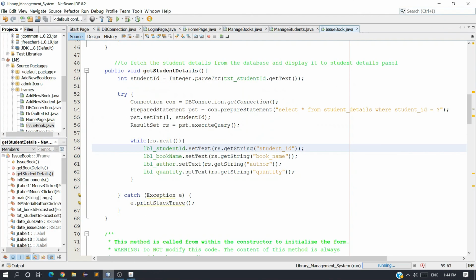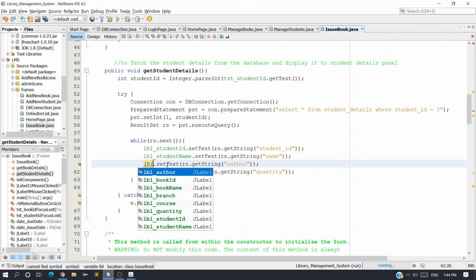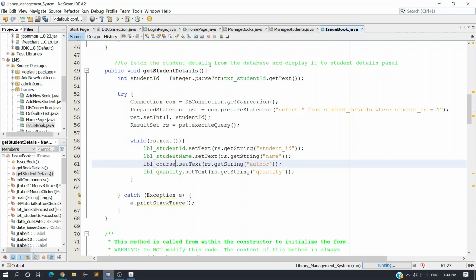So go to NetBeans and here we need to enter just name, and here lblStudentName, and the next field is course, and here also we need to enter course.